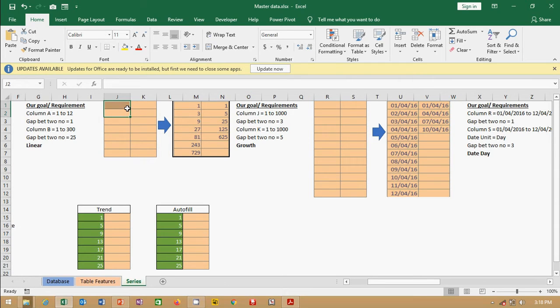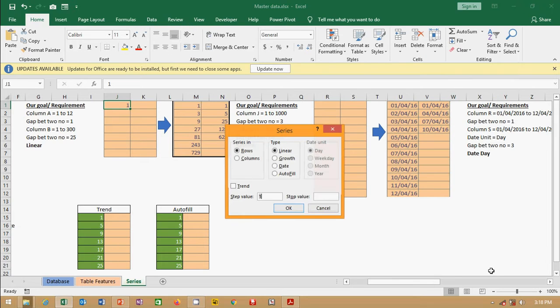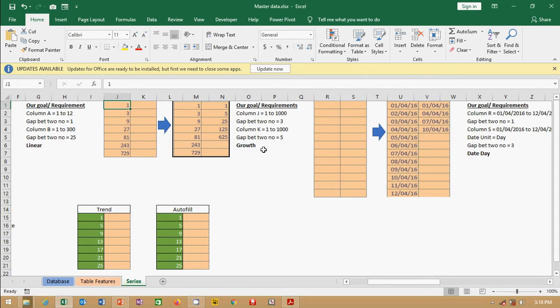So I type 1 here, select this, then Alt H, F5, S. Then growth, column wise, step value 3 and stop value 1000. As you can see, it is so easy. This is for you, you can do it.